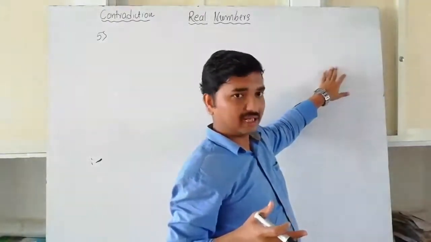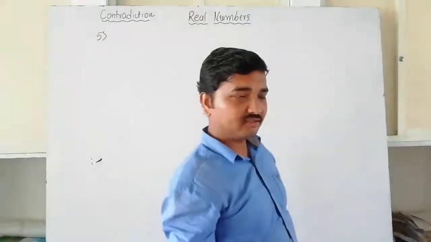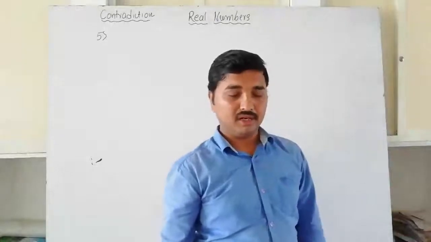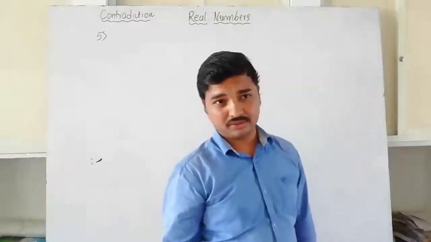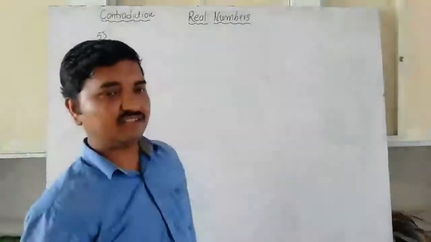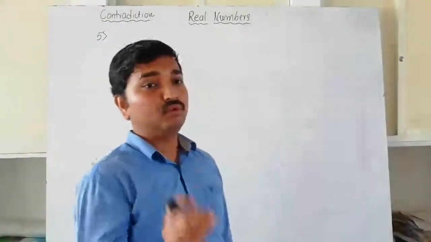What do I know? Rational plus irrational, the answer is always irrational. We know that one, but you can't judge like that. Okay, so there is a proof. You need to write on that one. It's not a 1 mark question, so that's why you need to write it with a proof, and the proof